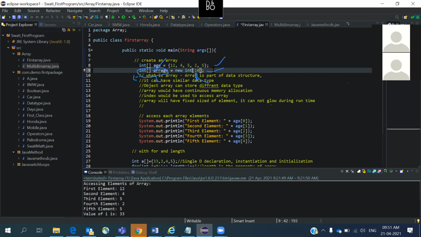Now come back to the RHS. What are we trying to do on the RHS side, Shruti? We are actually defining the size of an array. Excellent. The right terminology you need to use there is that we are allocating the memory for the array. So we are allocating the size, right? Now how do I load that array, from 0 to 9? How do you load it? The index starts with 0.